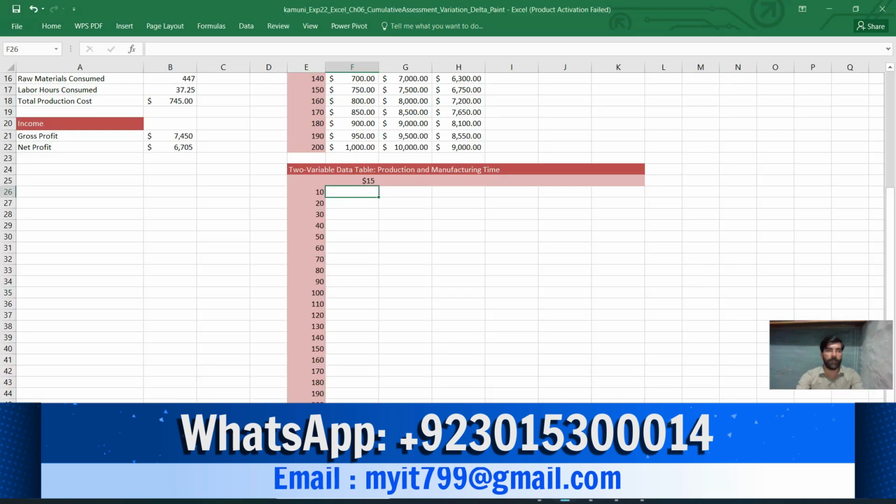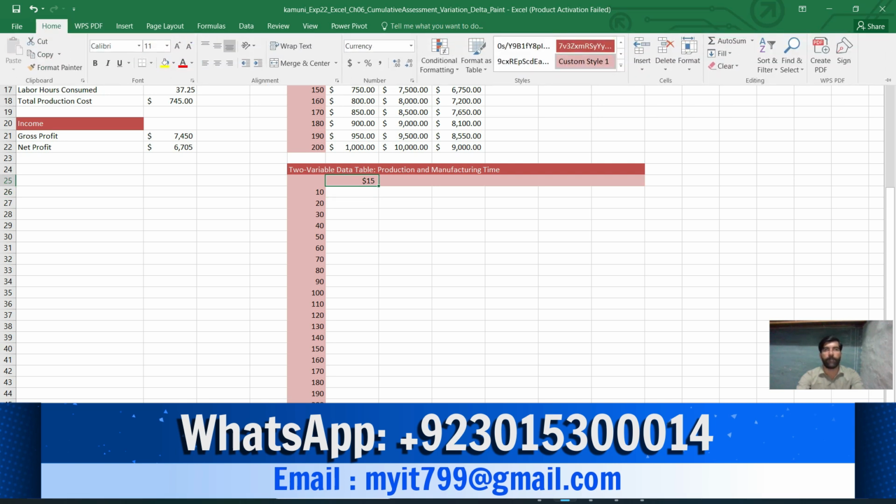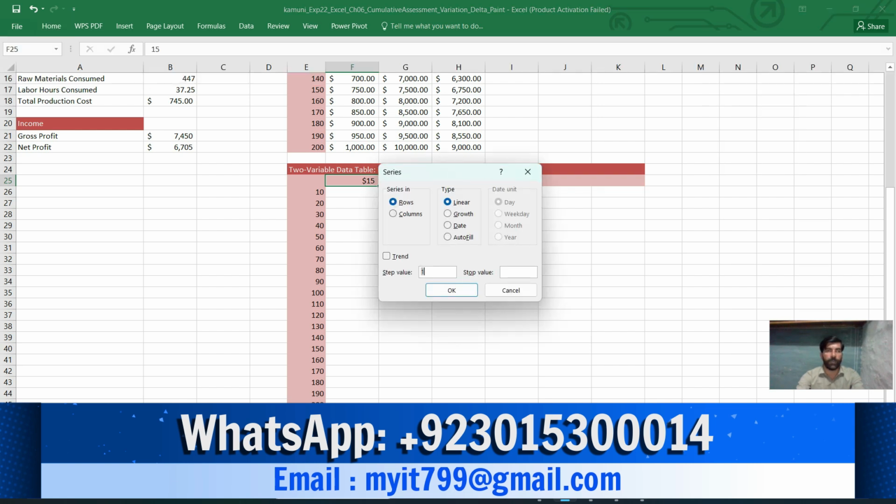Once again, I use the series option: go to the Home tab, the Fill option, Series, click on Row, the starting value is 15 and the ending value is 40. Just do it. Okay.